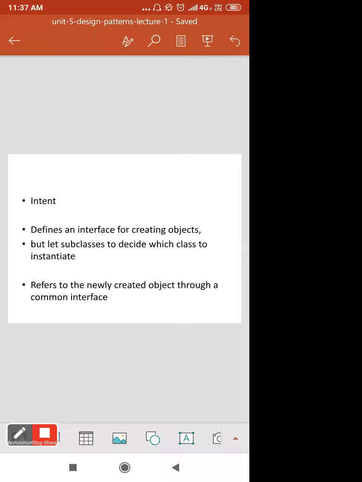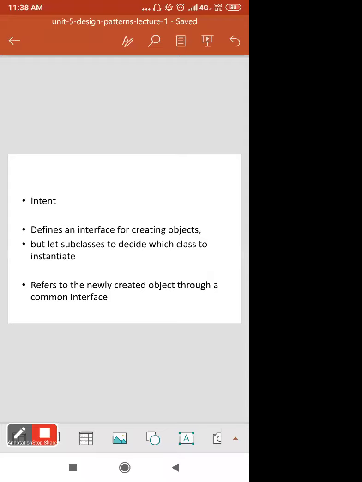So what is the intent behind creating this particular factory method, or using these libraries? It defines an interface for creating objects, but lets subclasses decide which class to instantiate. Okay, the only role they perform is they create objects.